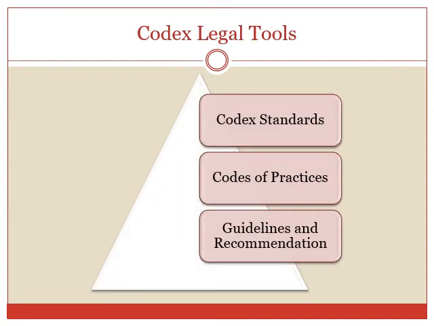So next we move on to the topic of Codex legal tools. The Codex legal tools comprise three major ones: Codex standards, codes of practice, and guidelines and recommendations. A Codex standard is a food requirement intended to provide consumers with a wholesome food product free from adulteration, correctly labeled and presented. Codex standard products can be sold on the international market without compromising the health or interest of consumers. So international acceptance is the most important consideration next to safety.